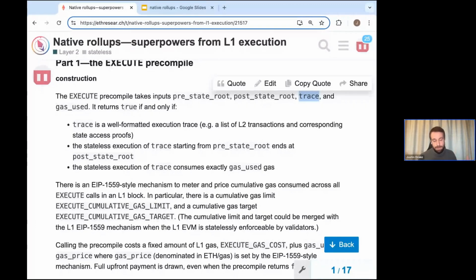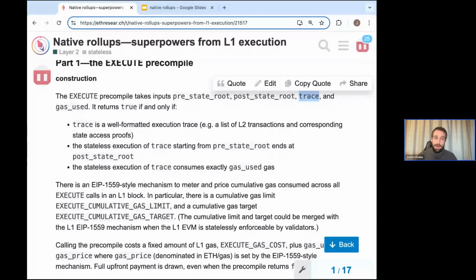And you can think of the trace as having all the L2 transactions plus the state accesses. So this is a stateless execution. And every time there's a transaction that reads a balance, for example, you need to specify that balance as well as the Merkle path from that balance to the pre-state root. And so the hope is that you can take thousands of lines of code and compress them down to just